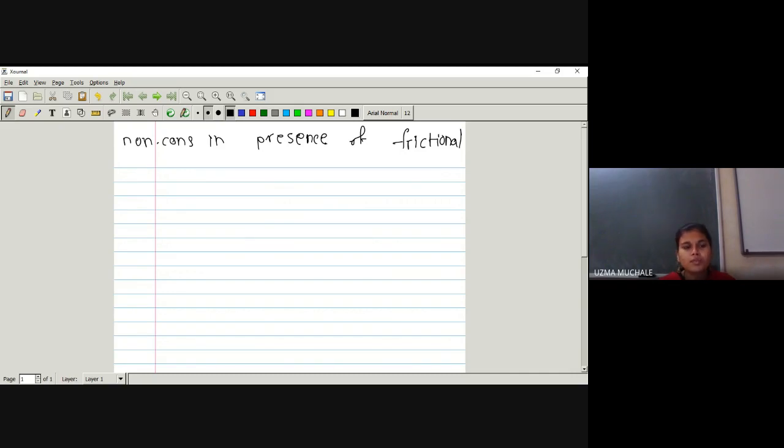So in that case, we are going to see the example of a non-conservative force in the presence of a frictional force. We are going to see now if the frictional force is proportional to the velocity of the particle, because we know that if there is frictional force, you have to increase the velocity. Obviously, if suppose you are going with a constant speed of 40, your bike speed is 40, but if there is some rough type of road, at that time you cannot go with the same speed.